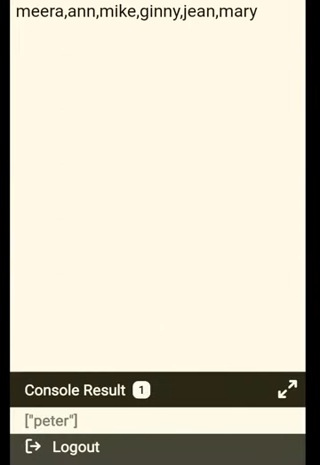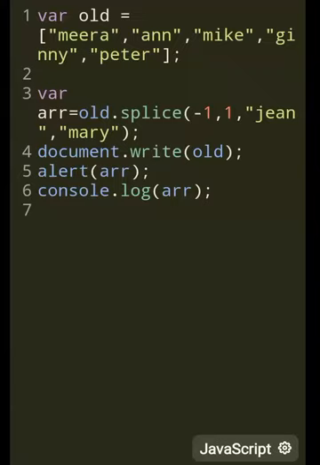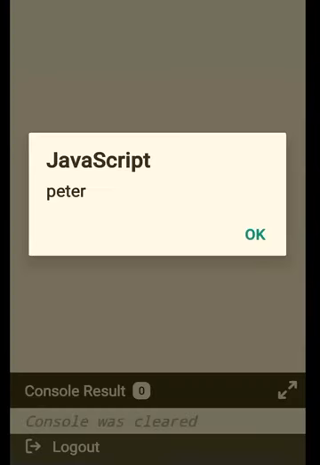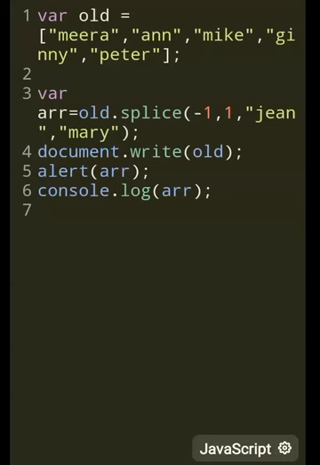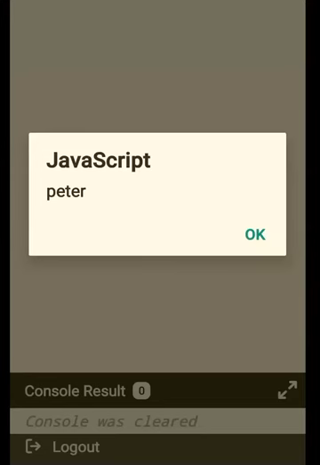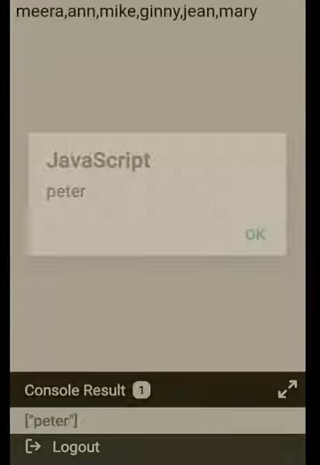So if you call for the old array, if you do document.write old, the result is this. Now this is for the new one. The result is this: Meera, Anne, Mike, Jenny, Jean, Mary. It does not return Peter. Peter is removed, right? And if you do console.log R, it will give you Peter. Why? Peter is the last item which is removed.